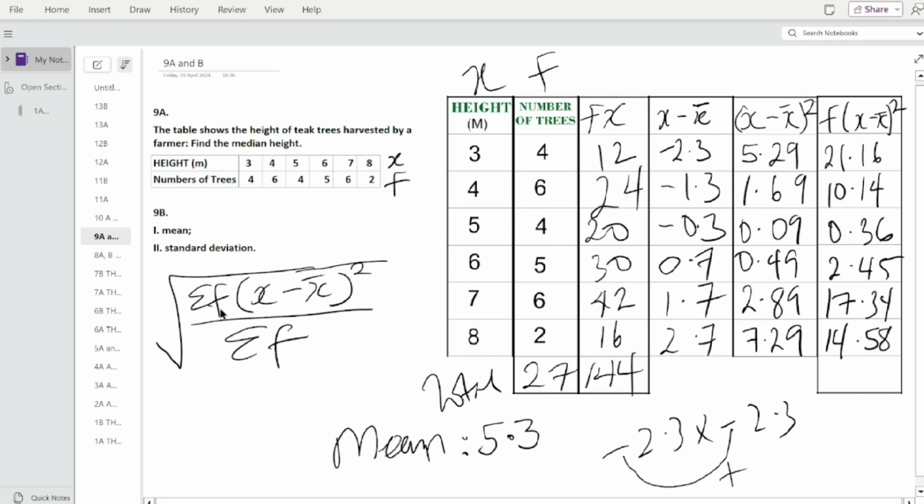And looking at the formula, we've done f into open bracket x minus x bar, which is the mean, all squared. Now we're going to do the summation. That means the addition of all of these values. The addition of 21.16, 10.14, 0.36, 2.45, 17.34, and 14.58 is